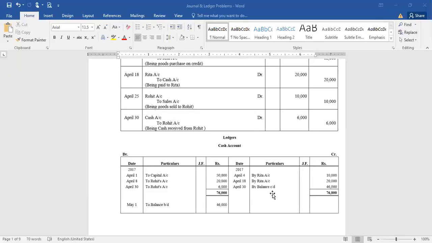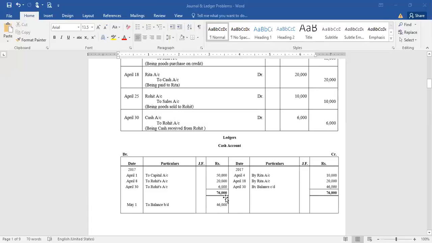Then ascertain the difference between the two sides of an account and put the difference on the lesser side of the amount column by balance carried down or to balance carried down. Here,